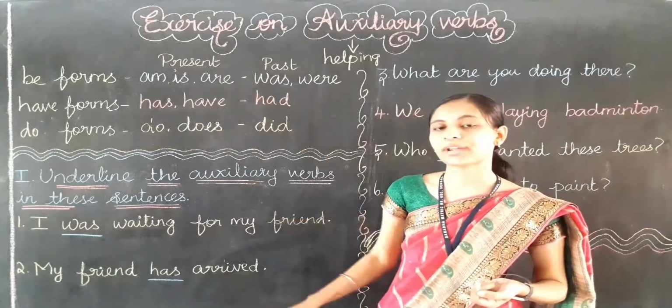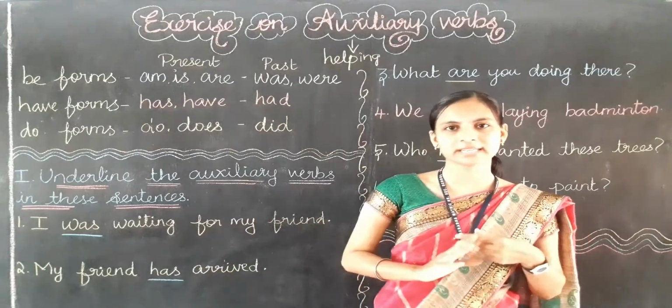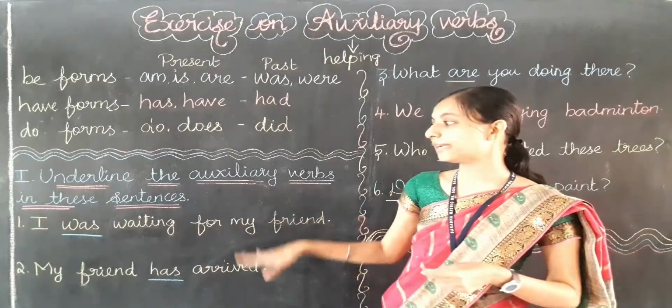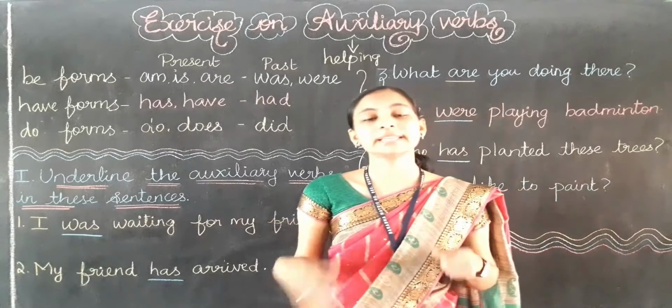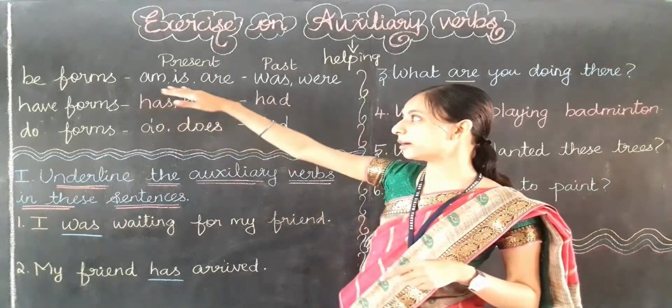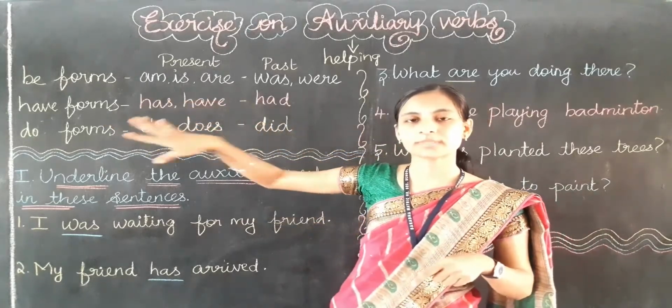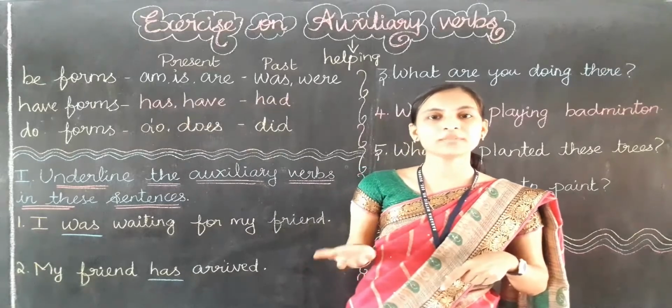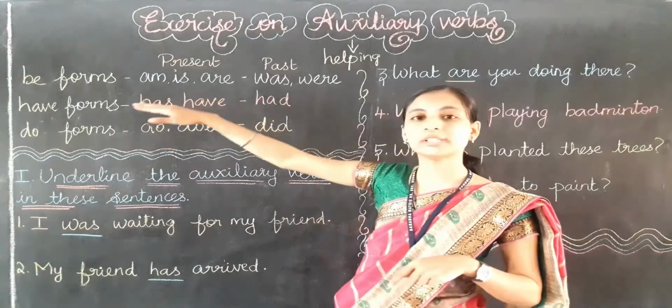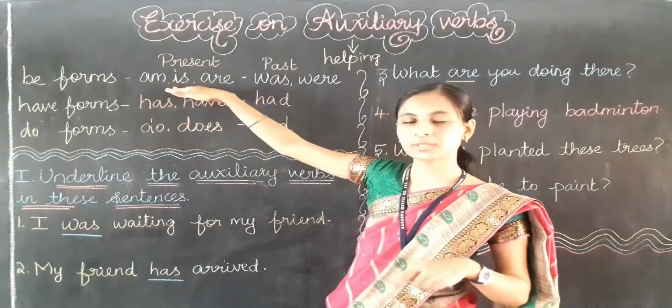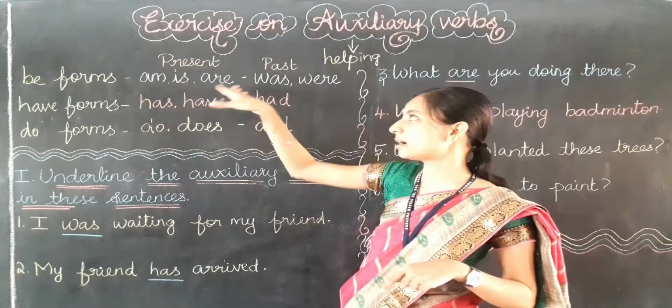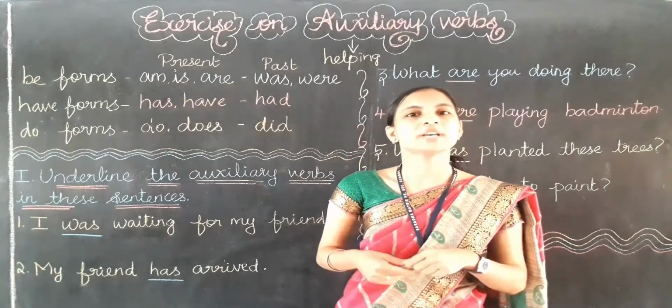Okay, and we have found the auxiliary verbs in a sentence also. Okay, I hope you are clear with this exercise. And in the next video we will be learning about the three forms, one by one. First we are going to learn about the be form, where to use these be forms, that is am, is, are, was, were in a sentence. Okay, so I'll see you in the next